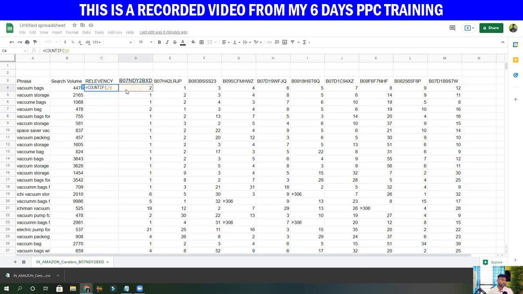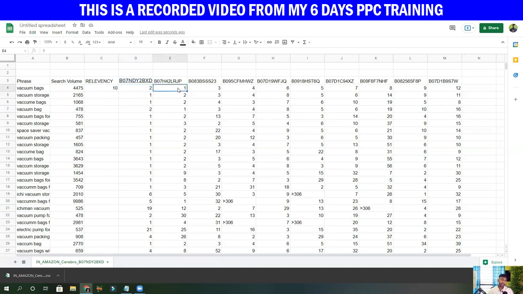So now what you have to do is use this formula, equals COUNTIF. You have to select the range. So this is going to be our range, comma, then you have to open the quotation. Then we select less than 24, which means it is going to count all the A signs that are less than 24. Now what do I mean by 24? 24 means these are basically their organic rankings right now. So if we select 24, that means they are within the top page, the first page.